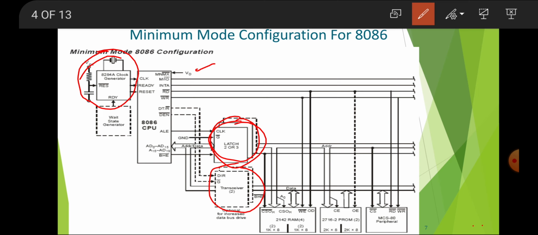Exactly what I want to say is, suppose from the 8086 microprocessor you are sending the data, then how does it come to know whether it is data or address? Because you are sending the signals on the same line. So here they can be separated: this is the data and this is the address. It is nothing but demultiplexing. In multiplexing we send multiple signals on the same line; in demultiplexing they can be separated.